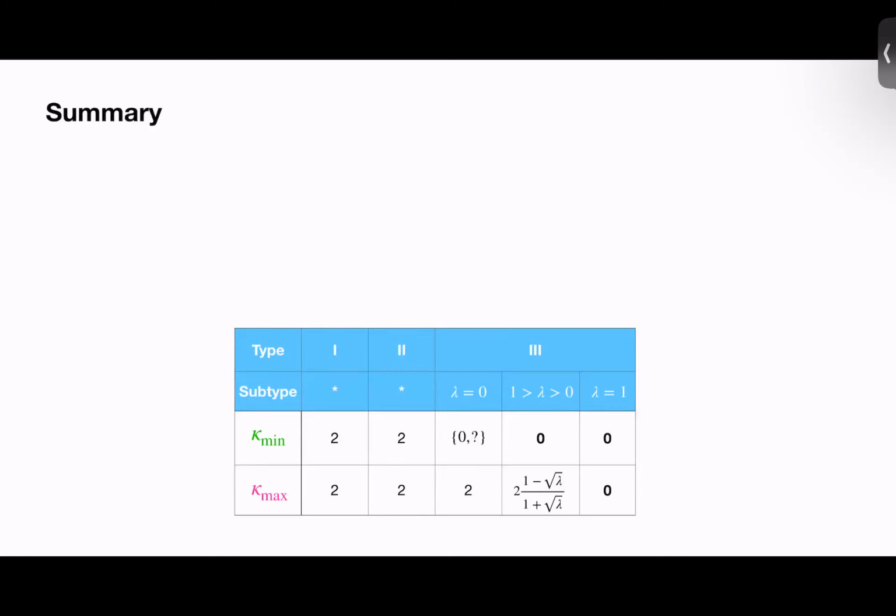But for any lambda equal to epsilon, that's fine. For any small lambda, that's fine, and larger, any finite lambda between 0 and 1 is fine. So lambda equal to 0,